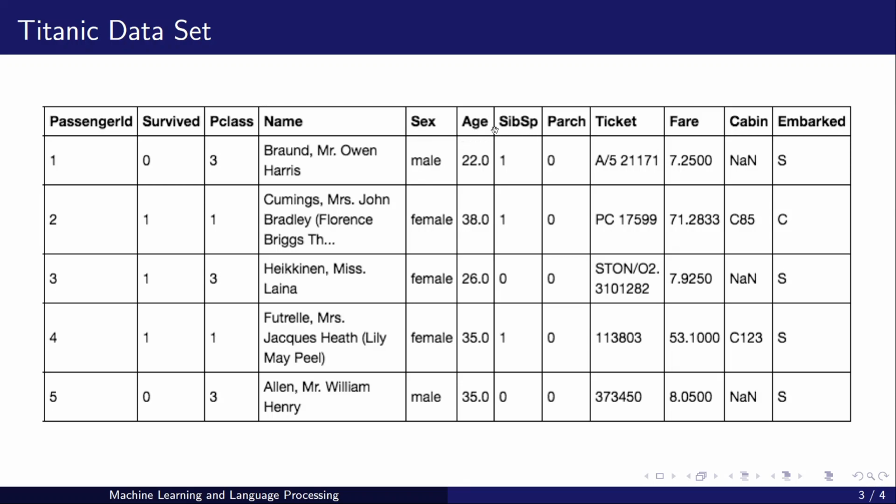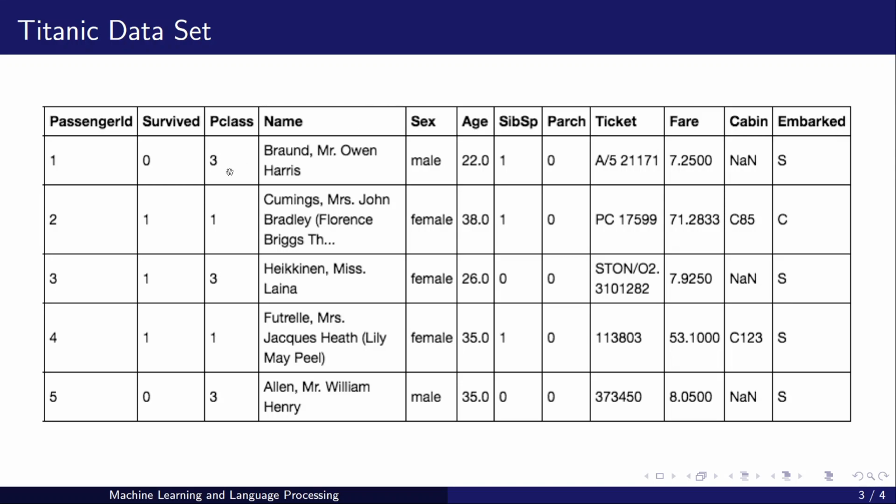Then whether any siblings of the passenger are available in the ship, whether any parents or children are available in the ship or not. Then the ticket number, fare, then cabin, embark point. So these are the values.